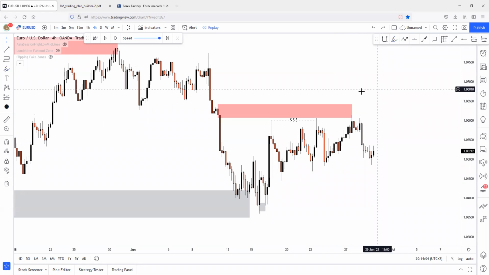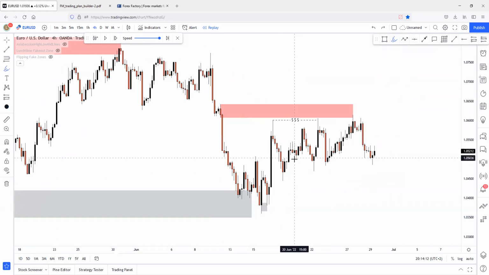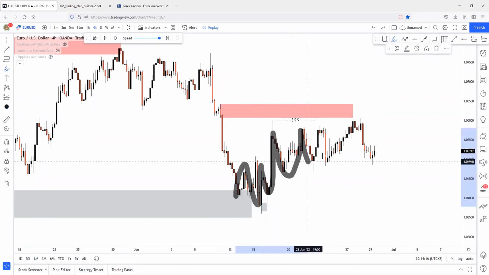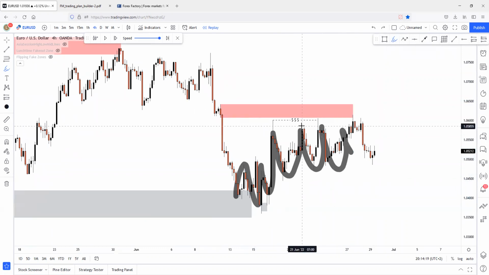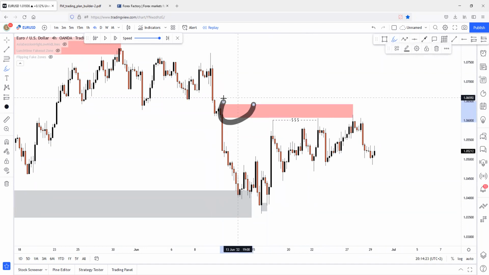So, as you can see, Kaizen just drew the scenarios that happened. But technically, price just mitigated this low point. Price mitigated this demand zone, this weak demand zone, weak low point, created a rejection low point, and after a rejection low point, price just built up a bullish order flow up to this supply zone. After this bullish order flow, price just built up double taps below this last recent valuable supply zone, because this is the last recent valuable supply zone for us.